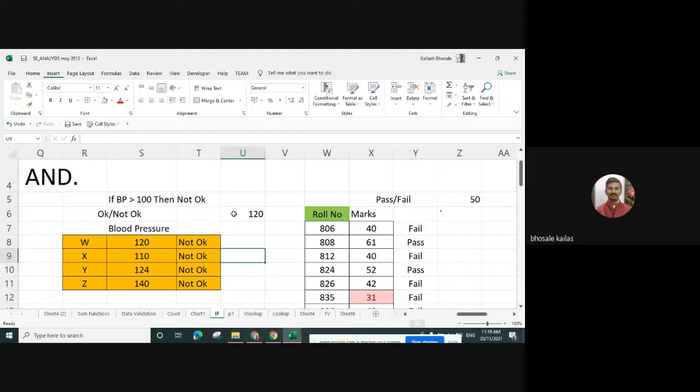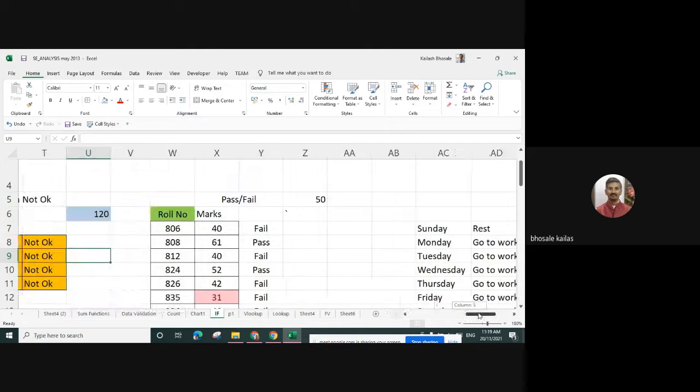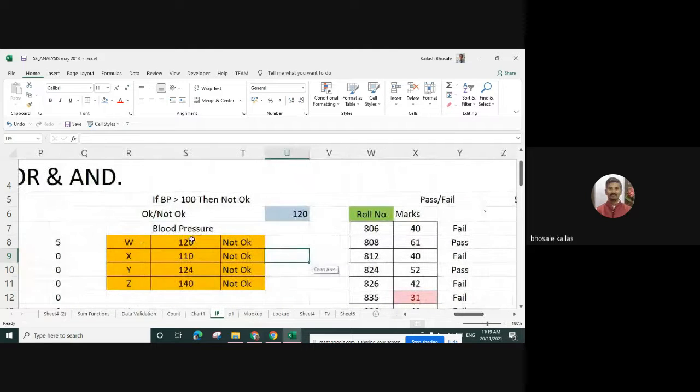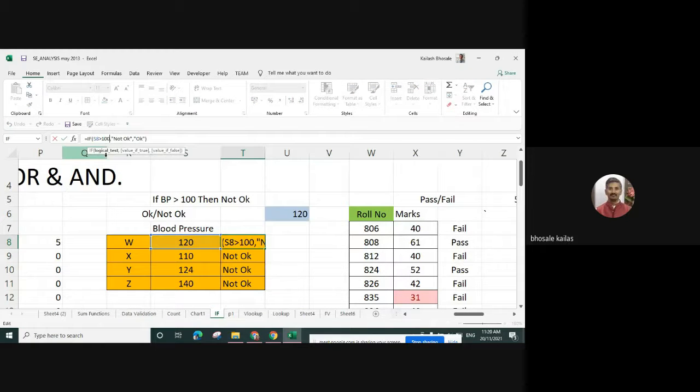So here a better way is that I will write 120, or whatever the value, in a cell and use it as an absolute reference. Instead of writing 120 or 100 in the formula, I will use the value in the U6 cell.